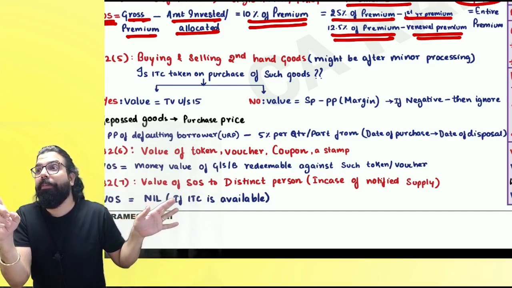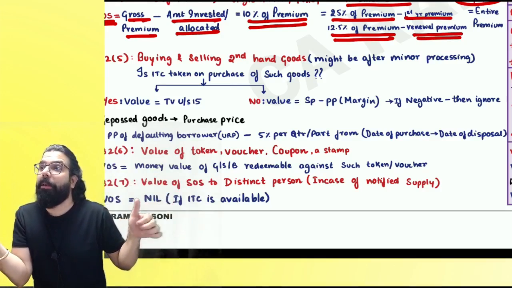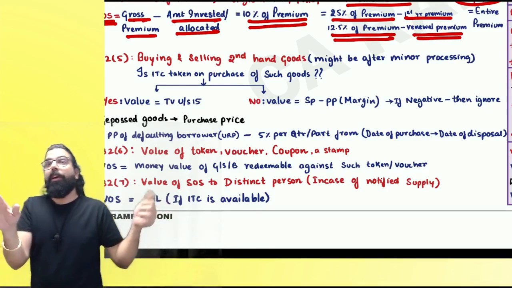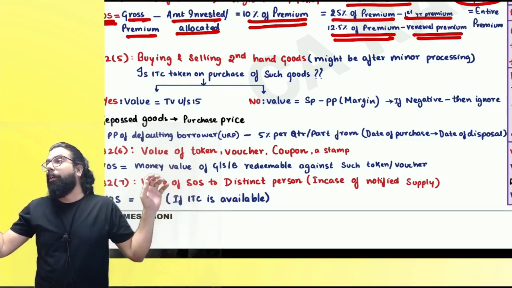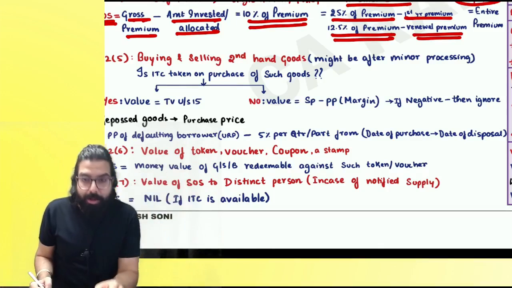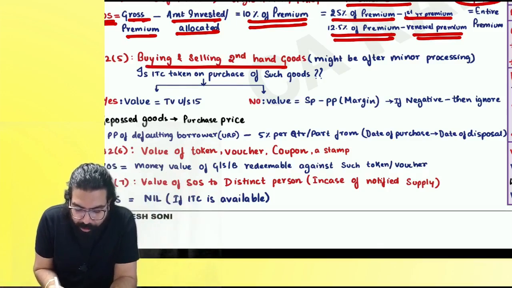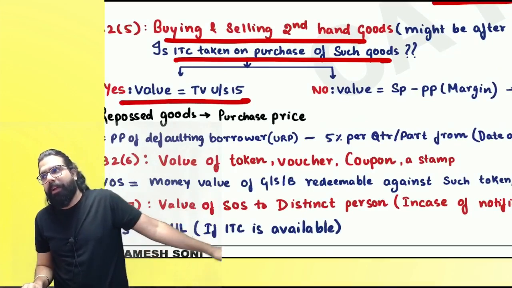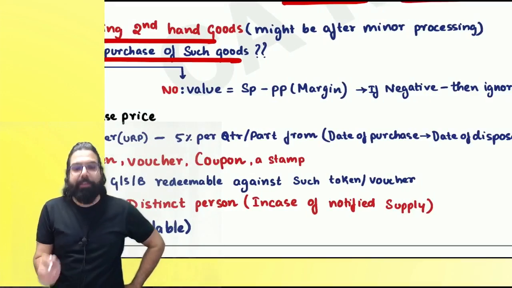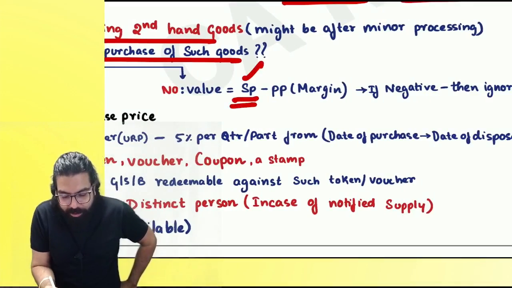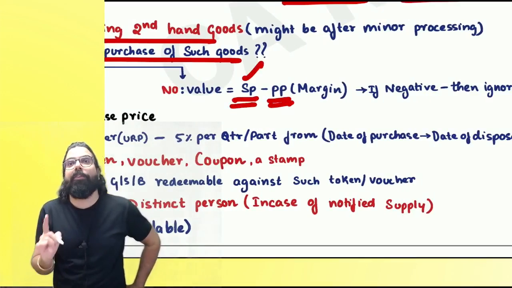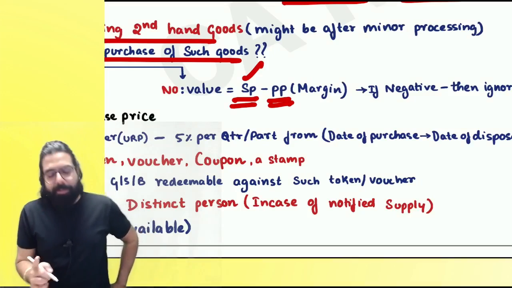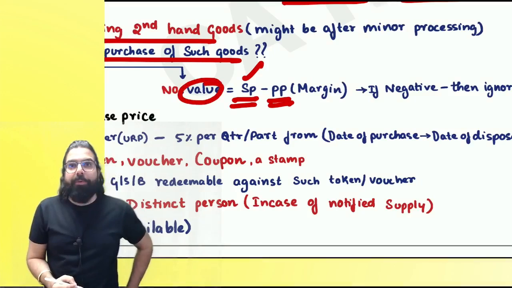Remember, it is always selling price minus buying price. Buying price plus cost is not to be added. Selling price minus buying price. Are we clear, everyone? So, sir, if I have gone ahead and bought from someone and I have taken the ITC, then normal: my transaction value becomes the value of supply. If that is not the case, then whatever is my selling price, 10,000 minus purchase price. It is purchase price, not cost, that will become my value of supply.